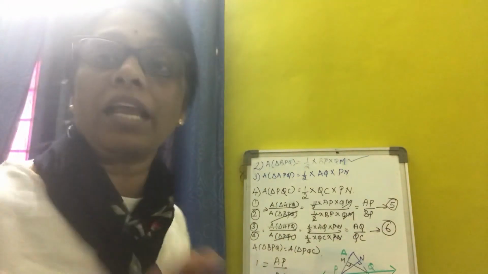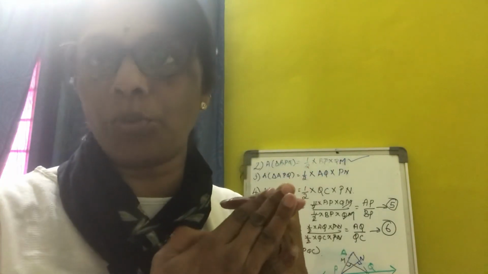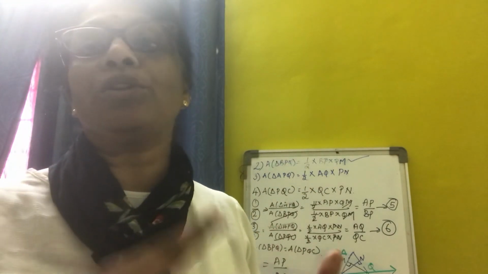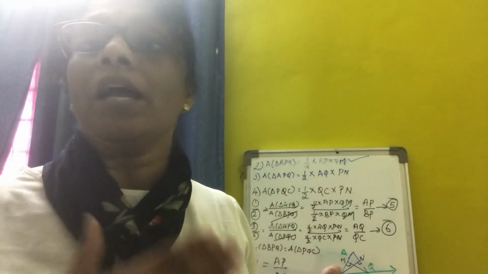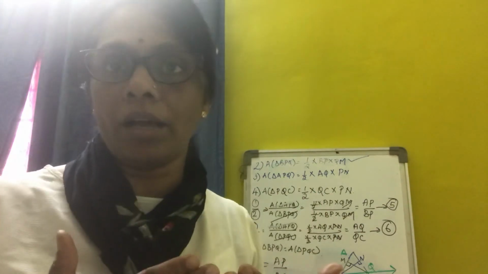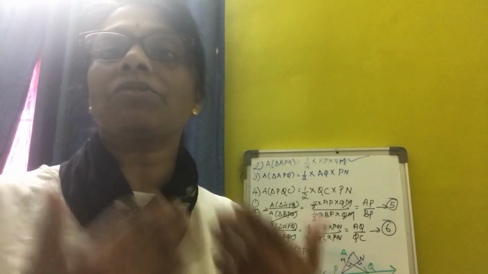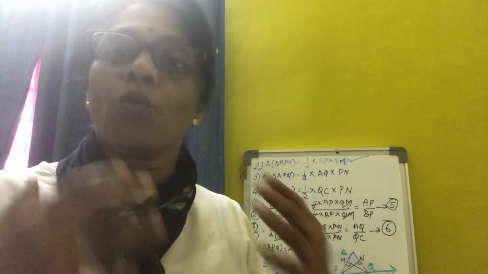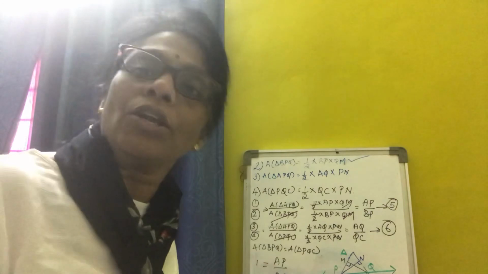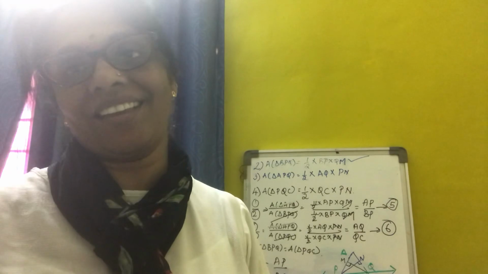So what are the things we recollected? We went to previous classes: the triangle we started with, then the area of a triangle, then we came into the ratio part, then we moved into grade 9 topics: triangles having a common base and lying between the same parallels have equal areas. That is the next very important concept of this theorem. And the third one is Euclid's axiom, things which are equal to each other are equal to one another. With that, we conclude our theorem as AP by BP is equal to AQ by QC. This theorem we call the basic proportionality theorem or Thales theorem. Thank you.